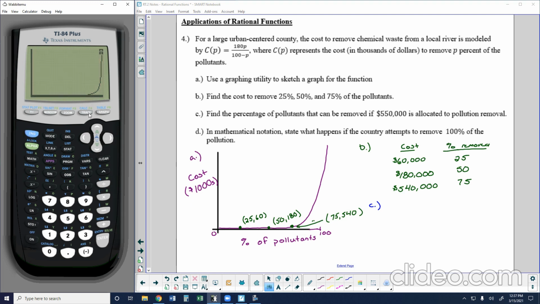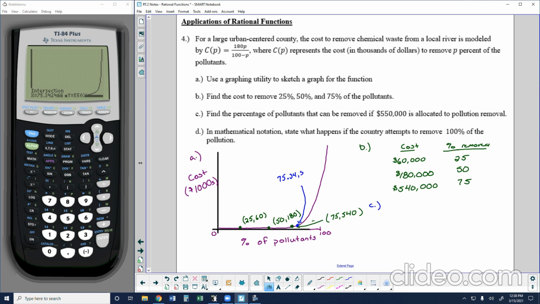So I'm going to do second trace, go down to option number 5, intersect, and make sure I'm on my first curve, somewhere close to where I believe the intersection is going to be. So it's down here somewhere. We can't see great, but I'm just going to go ahead and hit enter. It jumps over to the second line. I'm going to hit enter, and we don't need to guess. And so what it does is it gives me this point that is going to be very near that last one. And I'll label this point, we'll round to 2 decimals is fine for now,